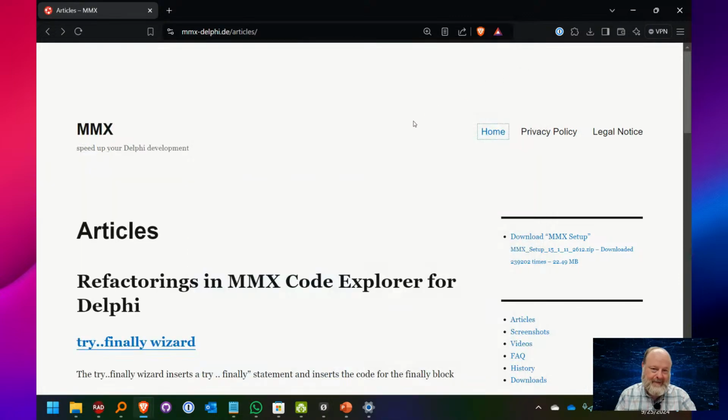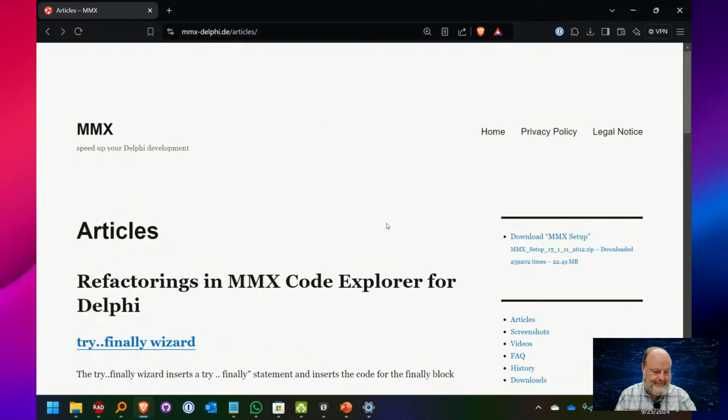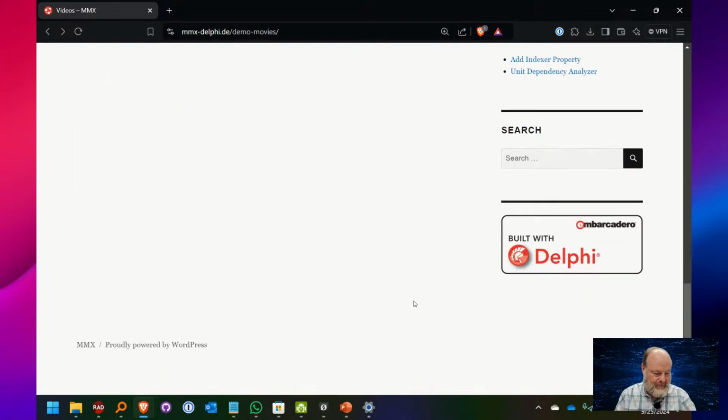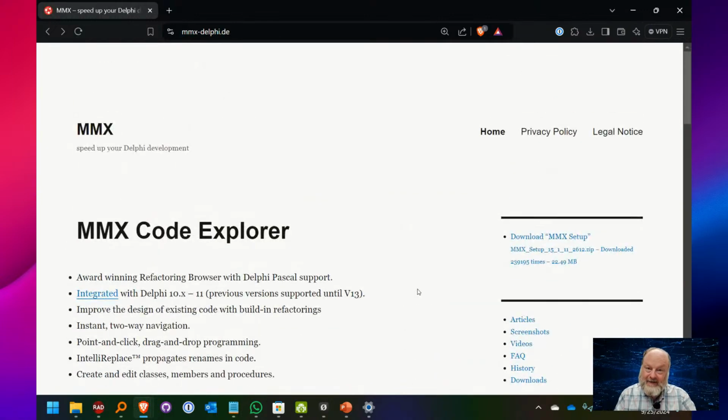MMX Code Explorer. I keep getting the name mixed up because of what it was called in the past. And if you do find it useful, let Uwe know that you do appreciate it. It's not open source now. That's something I did want to make sure to point out. It's not open source, but Model Maker Tools, Garrett has licensed it to Uwe to maintain.